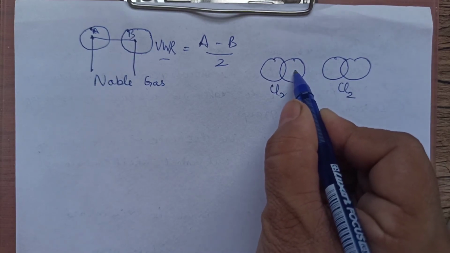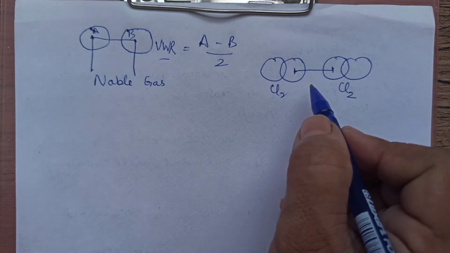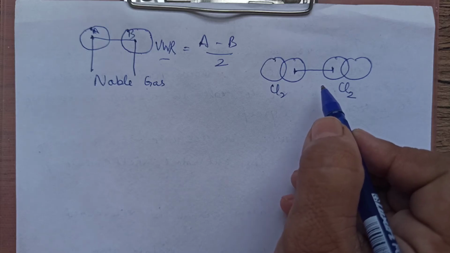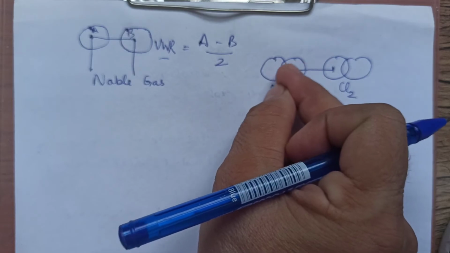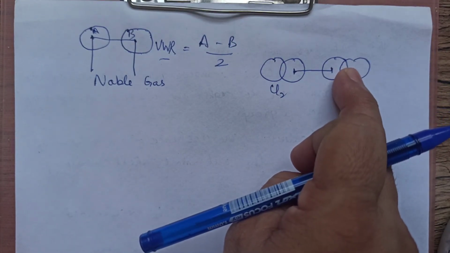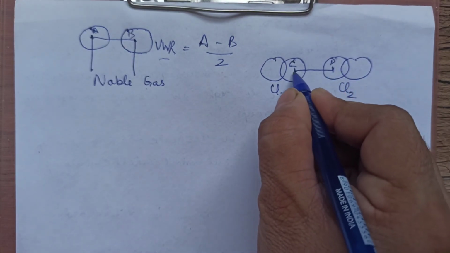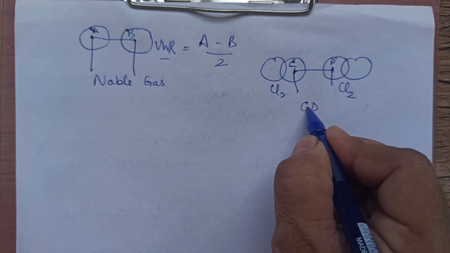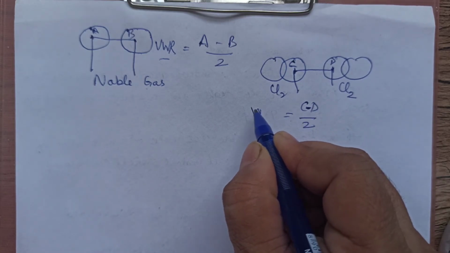Between the chlorine molecules, as we discussed in the beginning, the atomic radius changes with the type of the bond. If I am measuring between two chlorine atoms within a molecule, this will be the covalent radius. Between one molecule and another molecule, if I try to measure, this will be the Van der Waals radius. Let this be C, this be D. If I take the CD distance, CD divided by 2, this is also the Van der Waals radius.